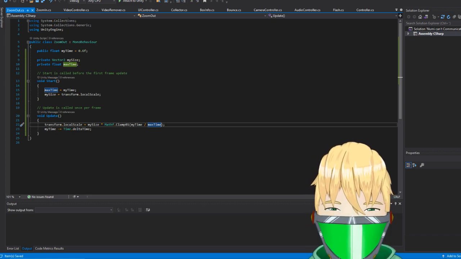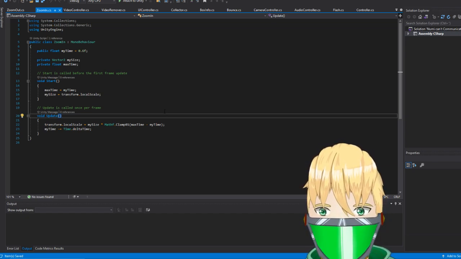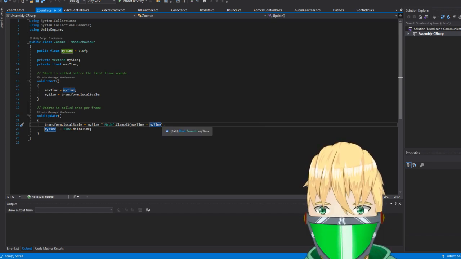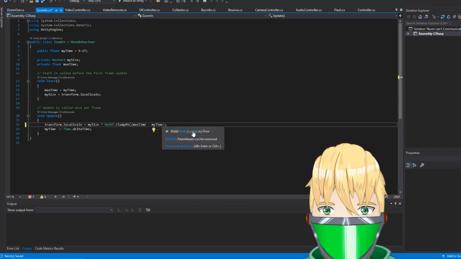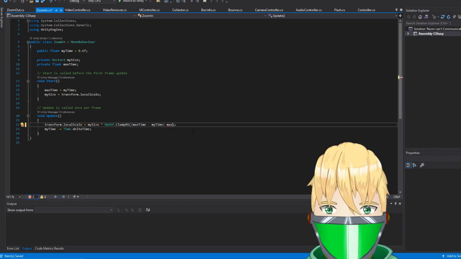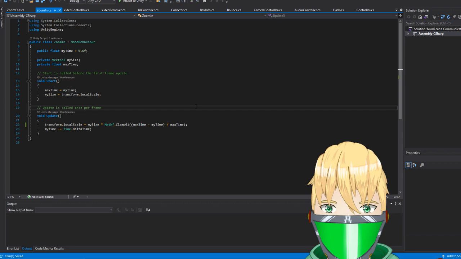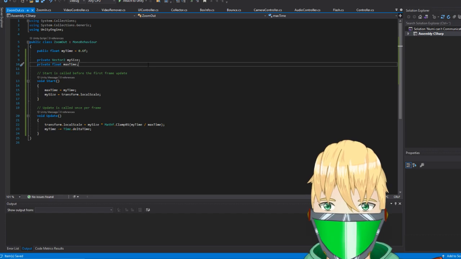am I stupid? Is this wrong? This does not work. It works if it's a 1. Otherwise the max value here will be 0.6, right? Wait, yeah, it will be 0.6. So I actually have to take this and I guess divide it by max time. I just chose the only perfect value where it won't mess up.